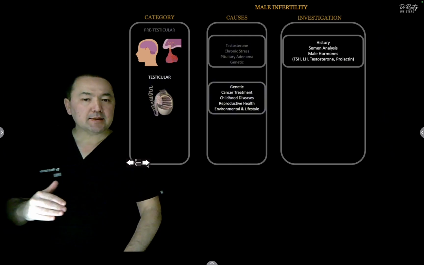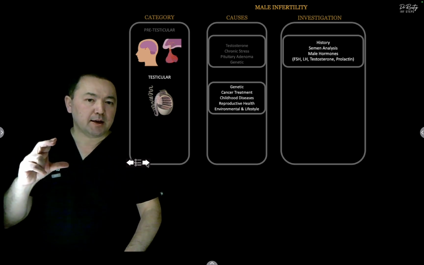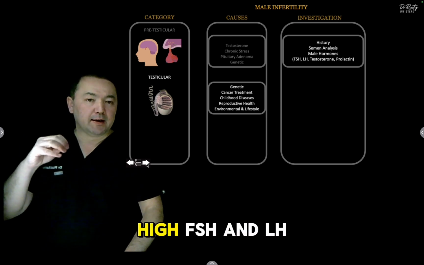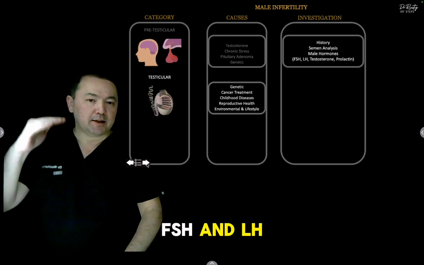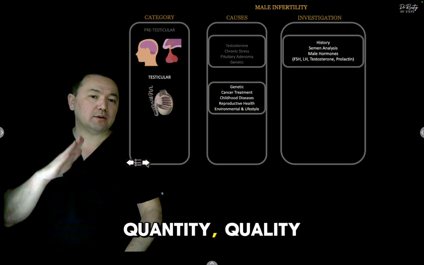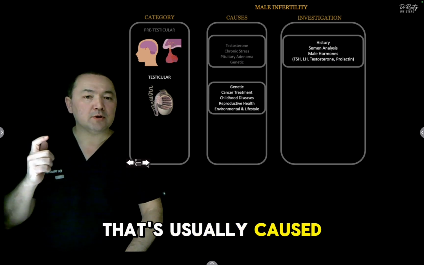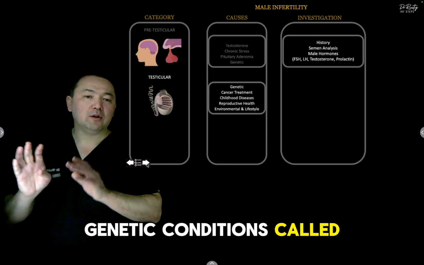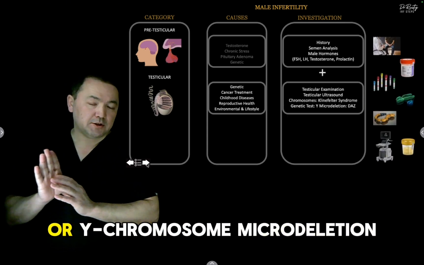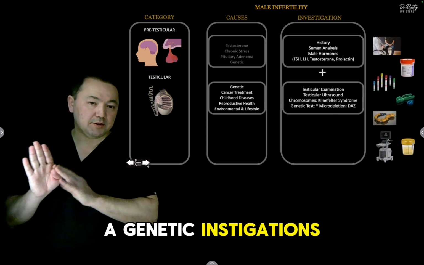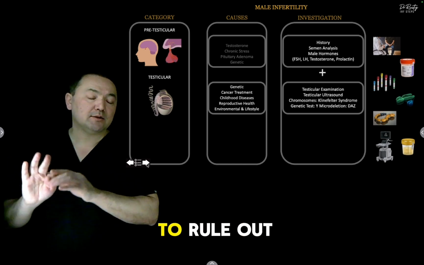The next is we try and understand if there's a problem at the level of the testes. Which means you either have a high FSH and LH or you may have a normal FSH and LH but still sperm quantity, quality, motility and morphology is low. That's usually caused by genetic conditions called Klinefelter syndrome or Y chromosome microdeletion. For that, you need to have genetic investigations for karyotyping or chromosome investigations and a DNA test to rule out